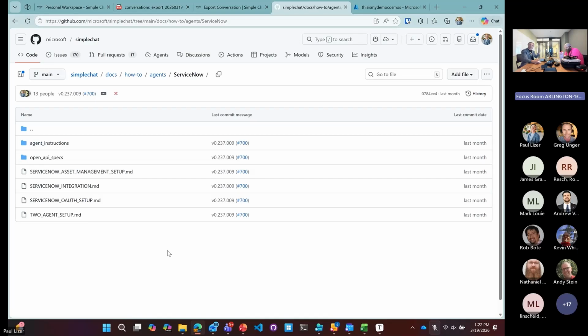This was created by a member of the community on setting all this up: the API specs, the instructions, and everything to integrate with ServiceNow. Open tickets, there are a lot of different roles there to create tickets, manage tickets, and ask questions on KPIs and everything like that. We'll be working on having this documented as a video as well.